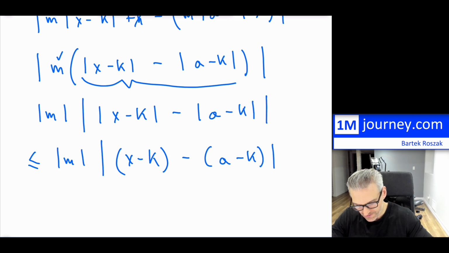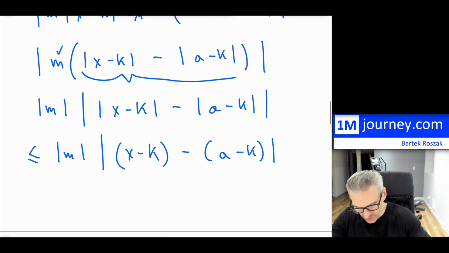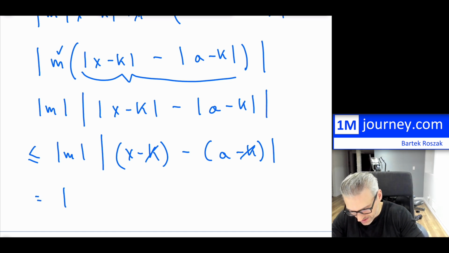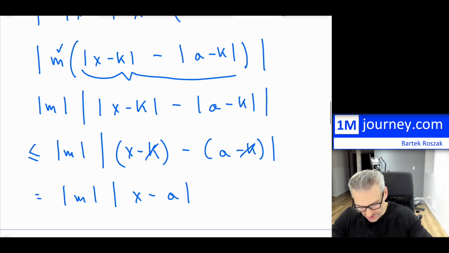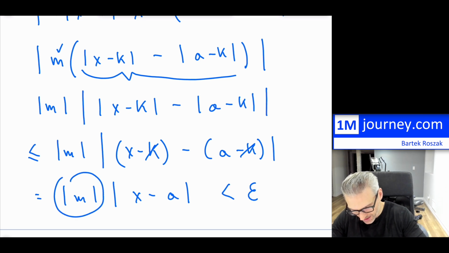If you do that, notice that this k and this k will be gone, so it's negative k plus k, and you just have x minus a, which is exactly what you wanted. Now making this less than epsilon, dividing both sides by m,